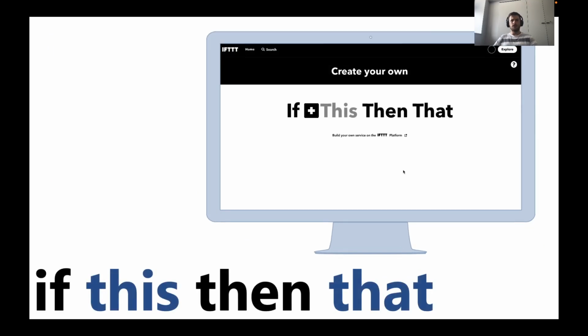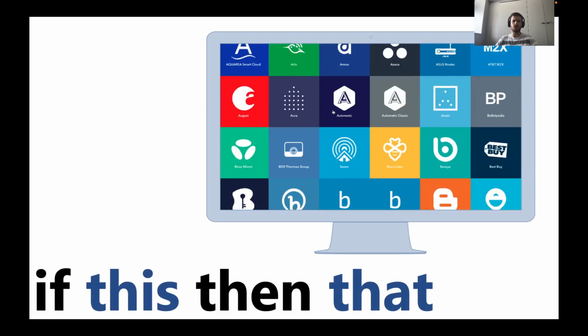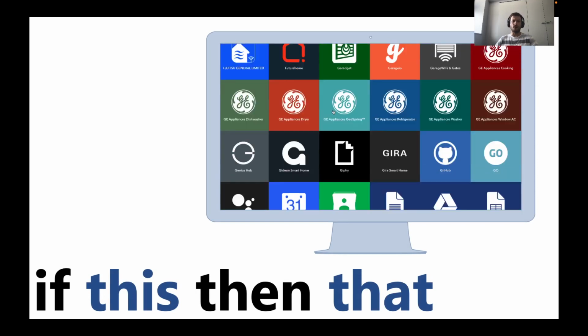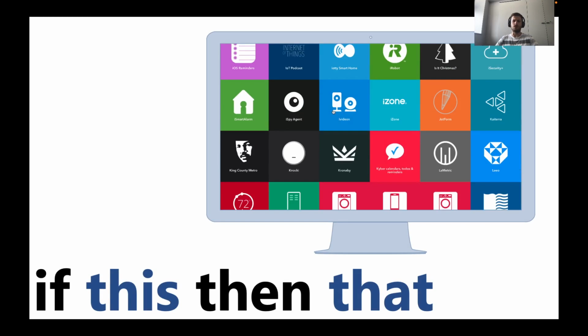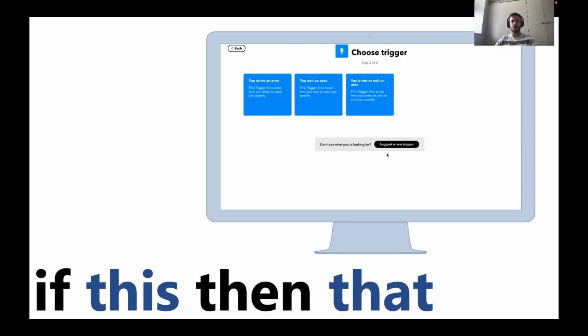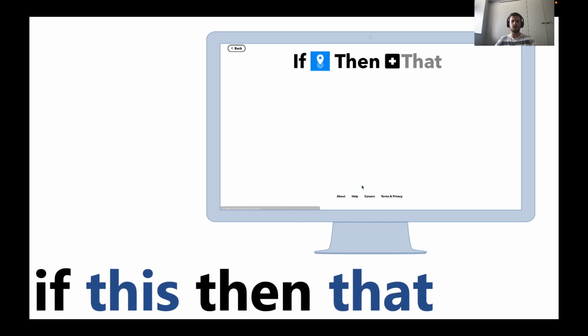The video exemplifies such a rule definition process in If This Then That. So by clicking on the this button, the user starts to define the trigger by browsing a long menu of supported devices and online services. It can select a connected entity to be used for monitoring the trigger. And in this case, the user selects the location provider of her smartphone. Then the user can select a specific event to be monitored by the chosen service, and in this case, the user selects a trigger to monitor the entering in a specific geographical location. And finally, the user completes the trigger with the required details, for example, the specific geographical area.